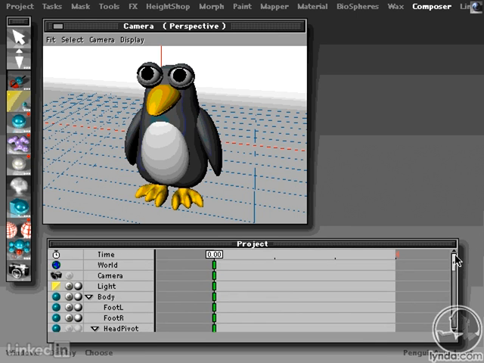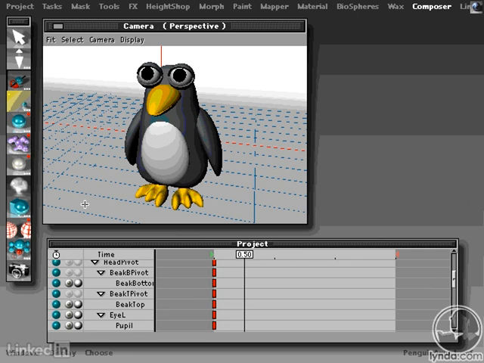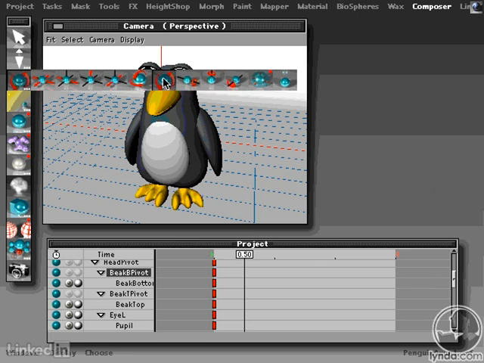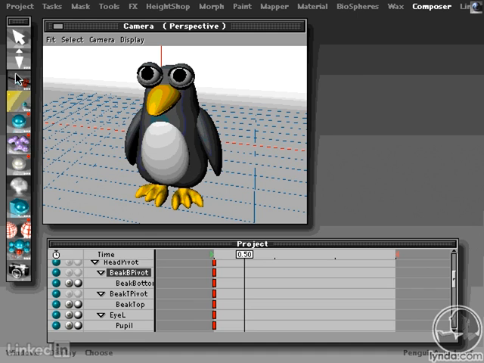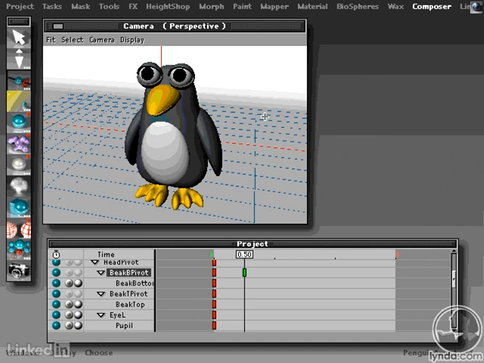So I'm going to do a real quick little animation. What I'm going to do is go to somewhere in my timeline, and let's do the beak opening and closing. So I'll go down to the bottom beak pivot here, and I'm going to rotate on the X-axis, and it's going to ask me to add a keyframe. Now I'll rotate his beak open somewhere right in about here,